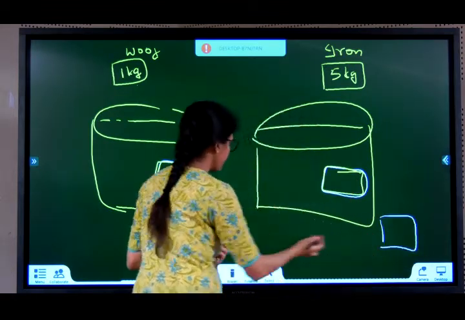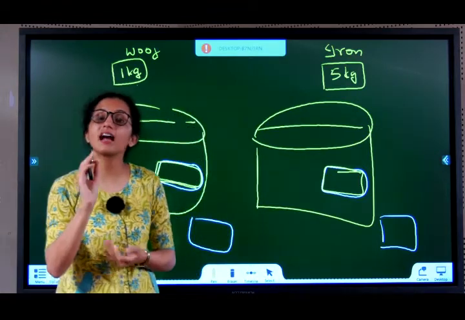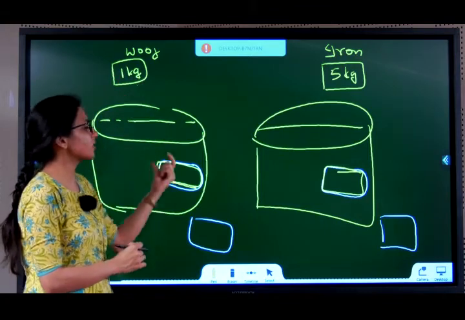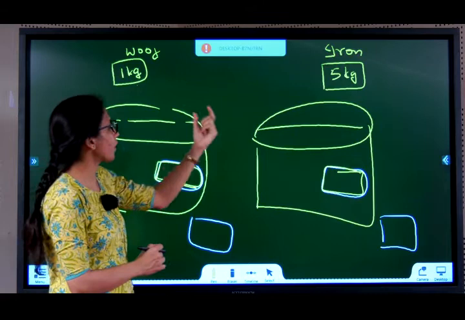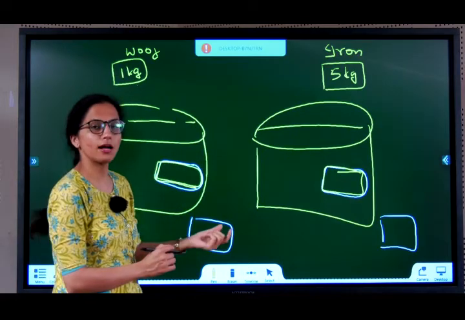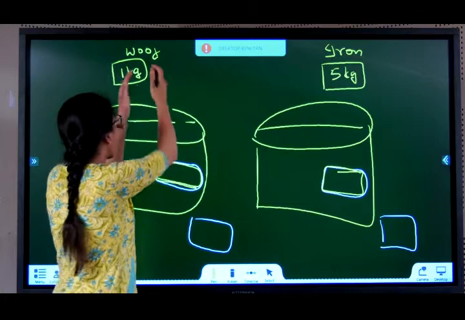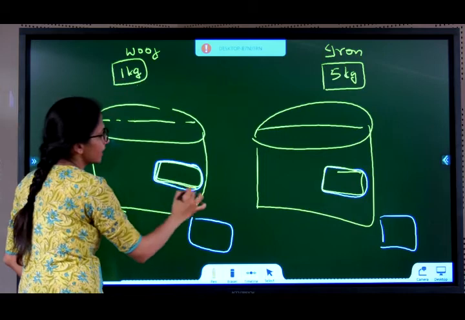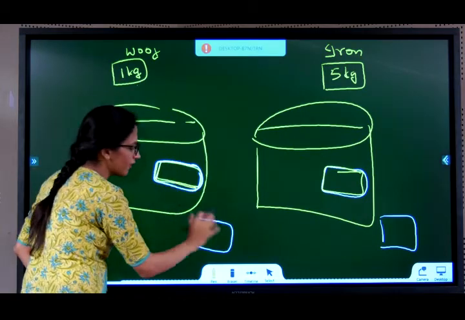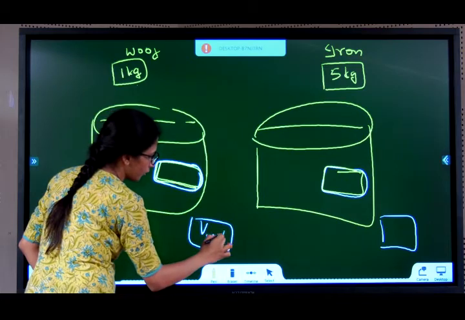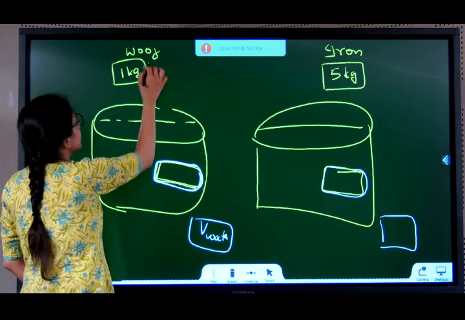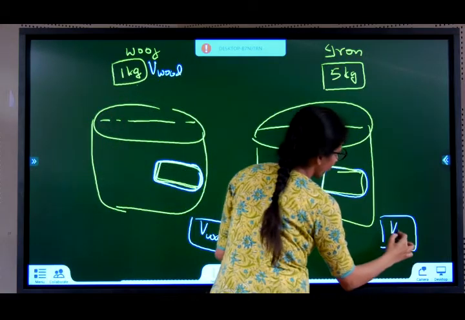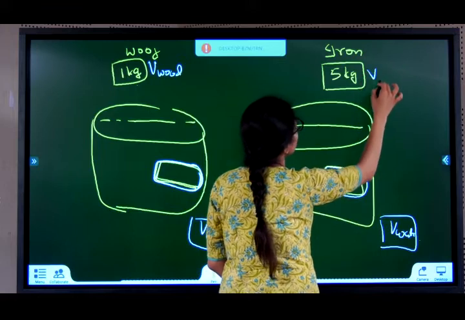So you will see in both the cases the same water came out. This is Archimedes' principle. Archimedes' principle tells you that if an object is immersed in water, the volume of water that is removed out or spills out is equal to the volume of the object dipped in. Whatever is the volume of the object, that much space I want, that much volume I will remove. So this volume of water that is removed out, is it the same as this volume of wood? Yes. This volume of water that has come out here, is it the same as this volume of iron?